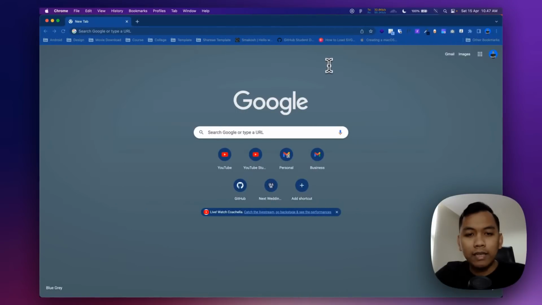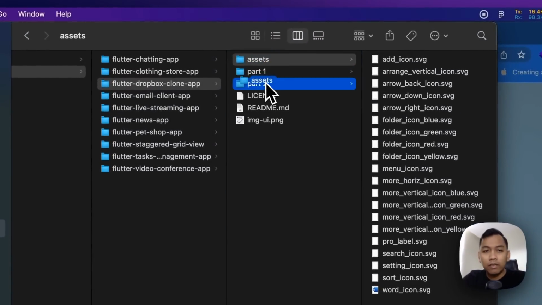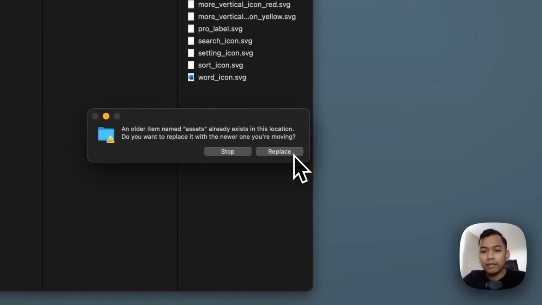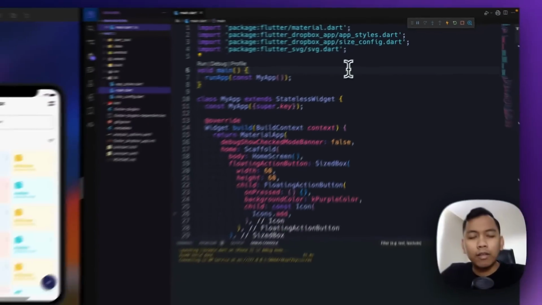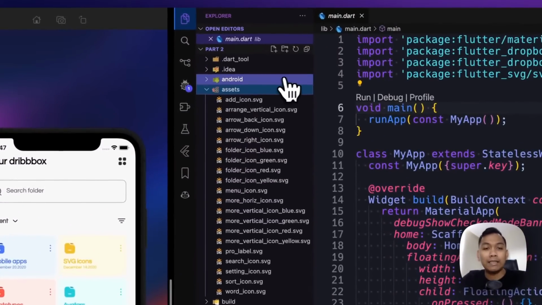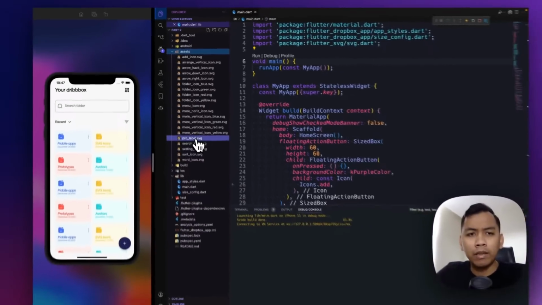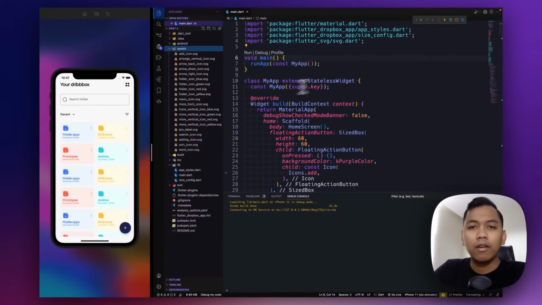You can just import the assets folder into part 2 and replace. Once you have imported the new assets folder, it will contain new assets such as the pro label, the arrow back icon, and much more.